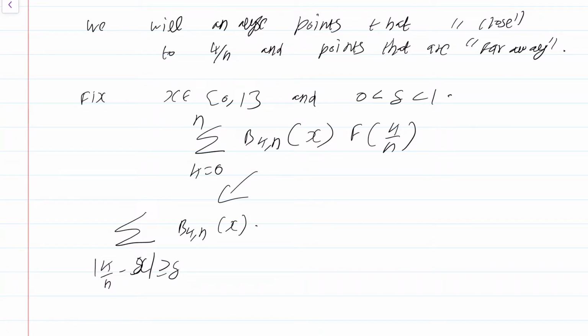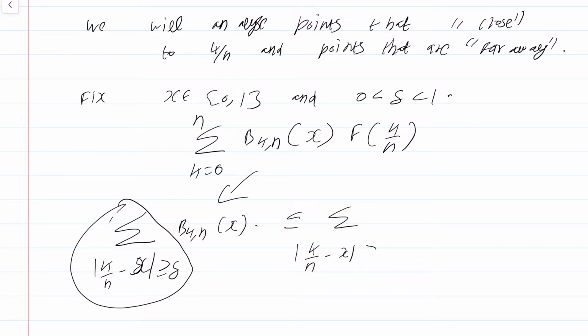Note we have fixed x. We want to analyze the summation of b_{k,n}(x) f(k/n). What we are going to first do is consider the sum of b_{k,n}(x) where k/n is far away from x. Note x is fixed. I'm using a shortcut here to denote that we are only summing over those k for which |k/n - x| is greater than or equal to delta. Now this is of course going to be less than or equal to the summation over |k/n - x| >= delta of